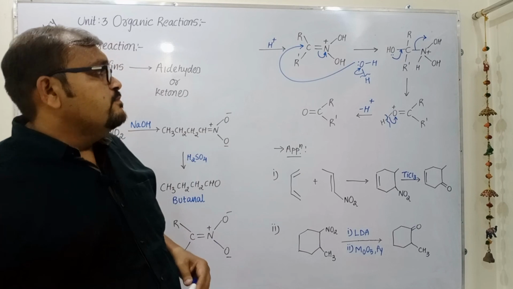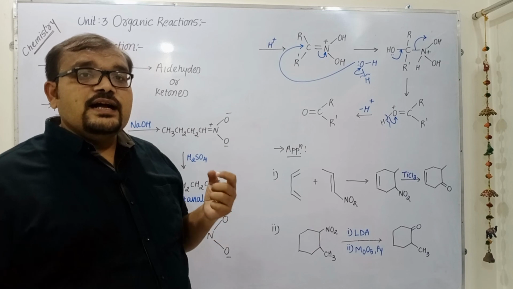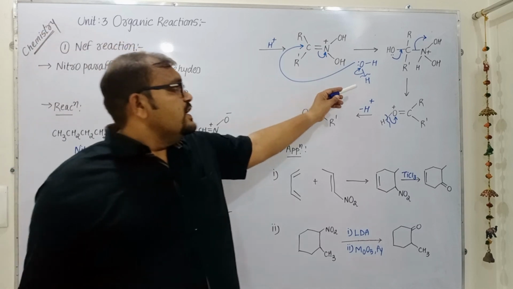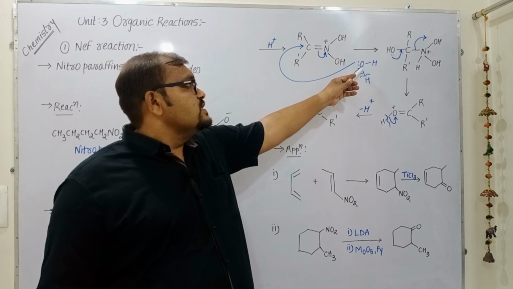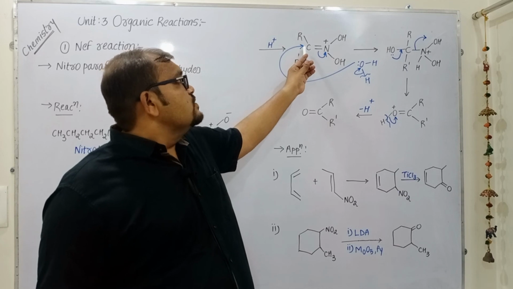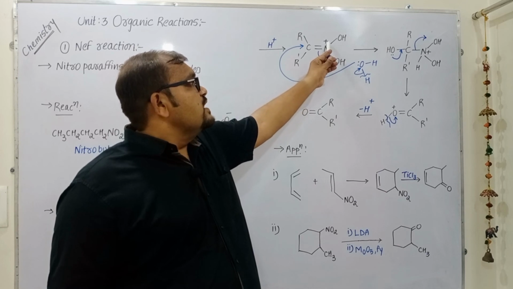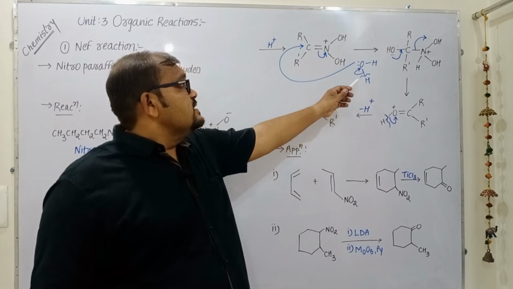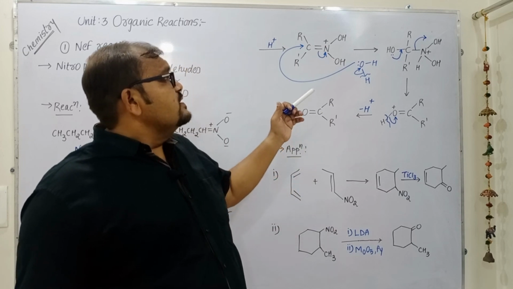Now in the next step, what will be carried out? A water molecule, H2O, will attack as a nucleophile. In the water molecule one of the hydrogens will be lost. This bonding pair will be shifted over oxygen, and the lone pair of oxygen will attack this carbon. This pi bonding electron will be shifted over nitrogen to satisfy the charge of nitrogen, and it may be possible that this hydrogen may attach to nitrogen. So this is the nucleophilic